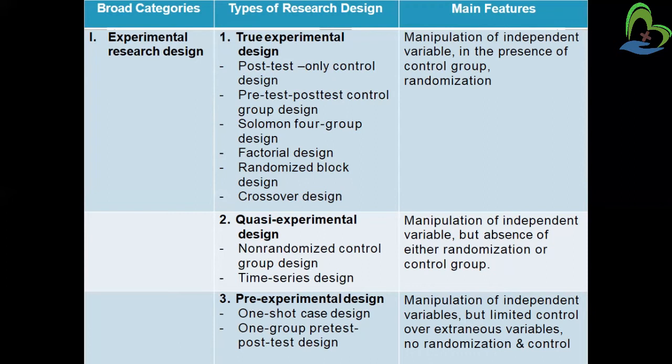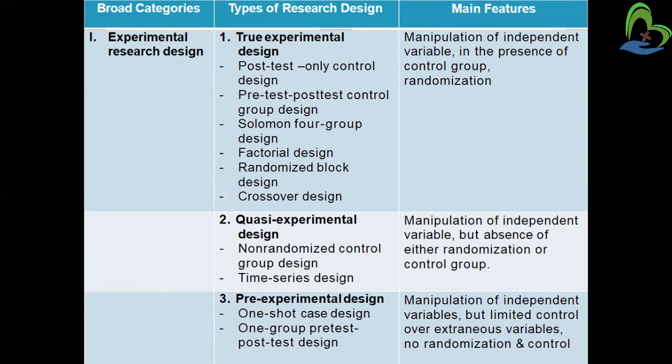In the time series design, as the name suggests, it is useful when the experimenter wants to measure the effects of the treatment over a longer period of time. In this, the experimenter continues to administer the treatment and measures the effects a number of times during the course of the experiment. It is usually single-subject research, in which the researcher carries out the experiment on an individual, or a very small number of individuals, like a small group.